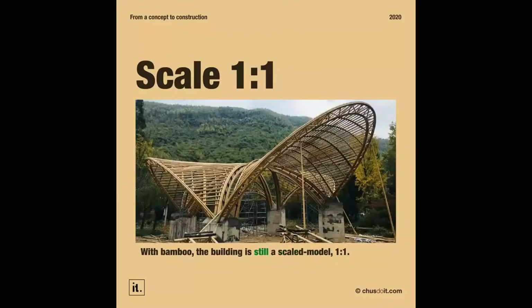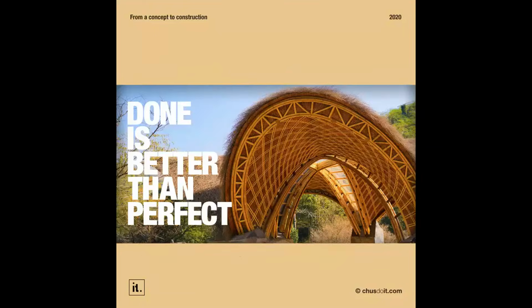Please note that the nature of the evolutionary production of bamboo models is to improve one after another. Therefore, by definition, the next model will be slightly different, improved, than the previous one. Therefore, the constructive result will not be exactly identical to that of the previous model, but the line of evolution will be undeniable and essential to achieve the construction. In other words, done is better than perfect.